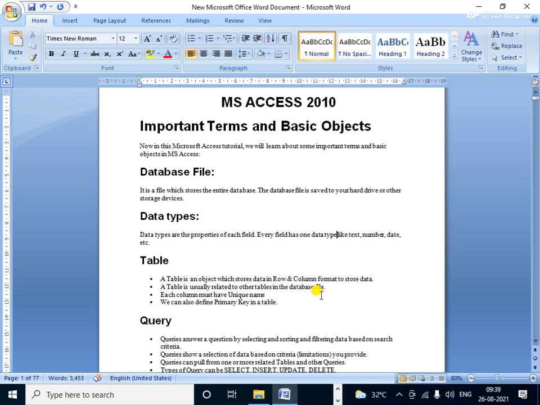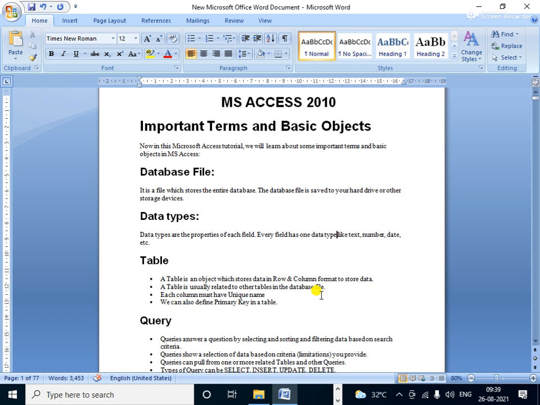Okay, in the case of Microsoft Access, suppose you created table 1 and next is table 2. The data in table 1 and table 2 are interconnected to one another once you create the relationship in the table. This function is available only for Microsoft Access. So Microsoft Access is also called the RDBMS, Relational Database Management System.